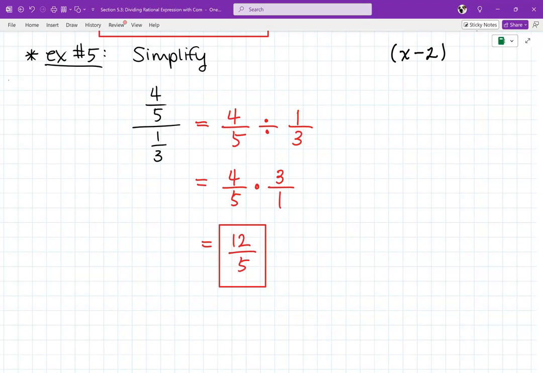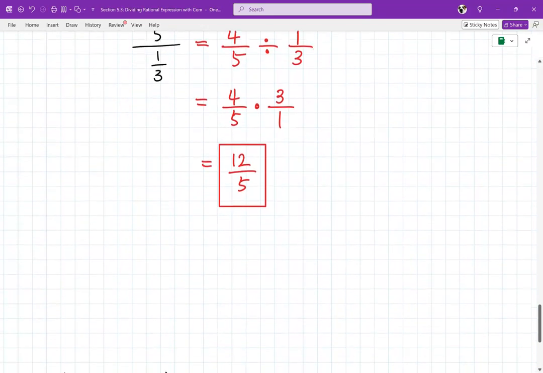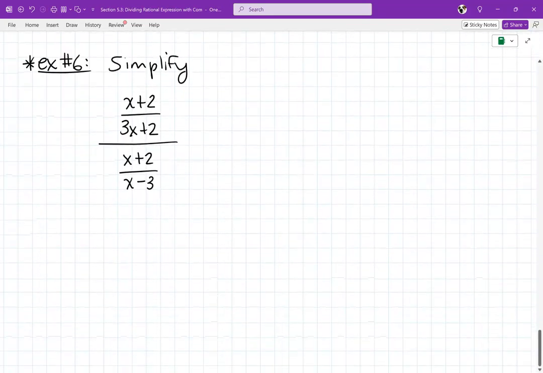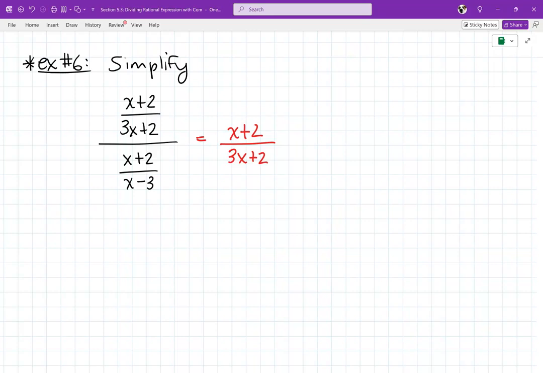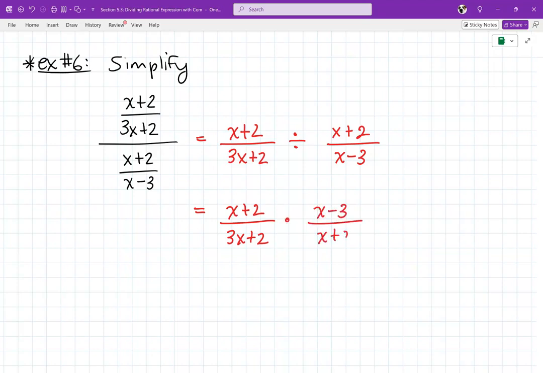Now, sometimes they'll give you things with expressions, okay? Thankfully, not too complicated. This is the last one, by the way. So, again, write it out the way you read it. I see x plus 2 over 3x plus 2 divided by x plus 2 over x minus 3. And then I'm going to rewrite it as the multiplication of the reciprocal. So this is going to be x plus 2 over 3x plus 2 times x minus 3 over x plus